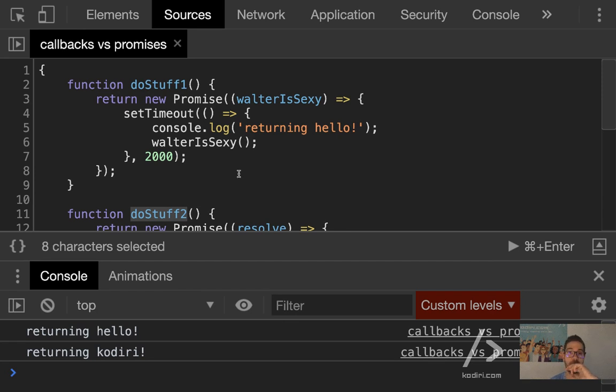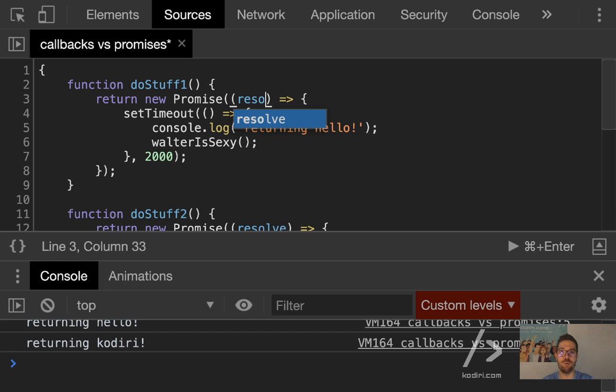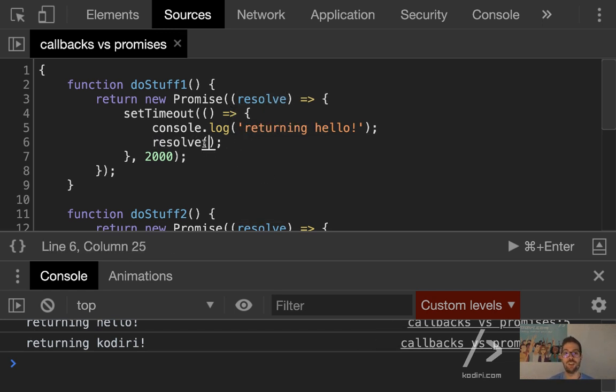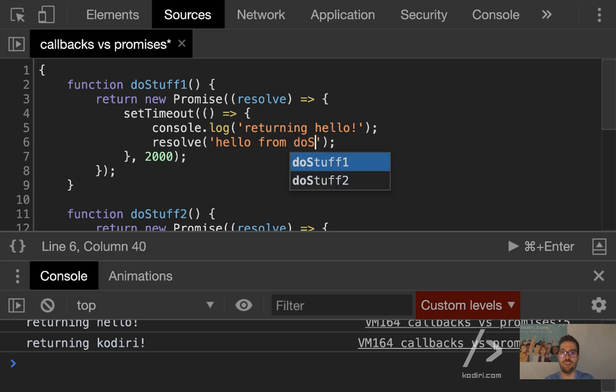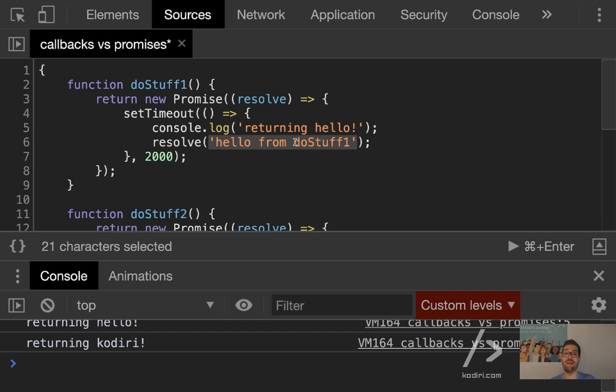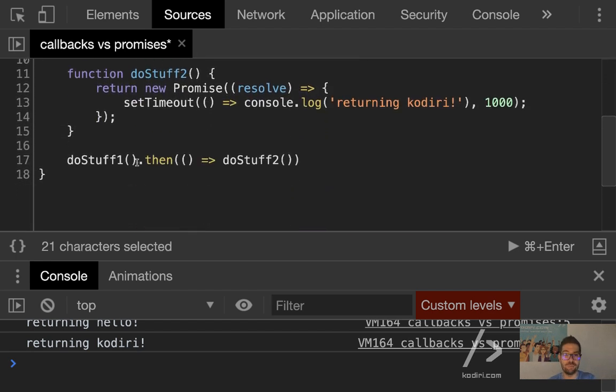So you pass the data to the result. No? Correct, correct. Look, let's go back to the more boring but formal resolve naming conventions. So whatever you put here, yeah, hello from do stuff 1. Yeah, you can pass arguments here. And then what? Then look, here, this is what the do stuff 1 function is offering to the world.